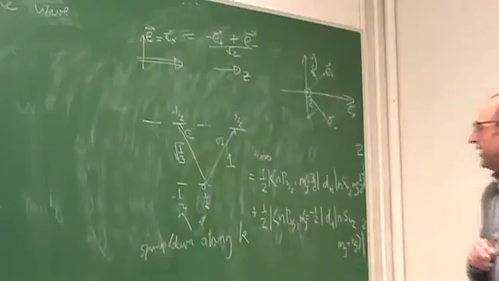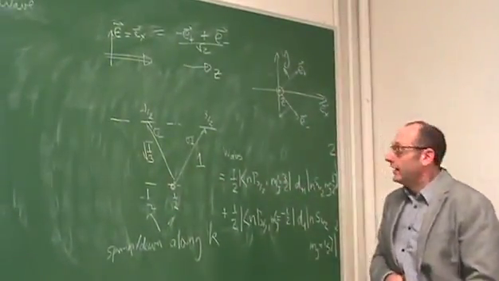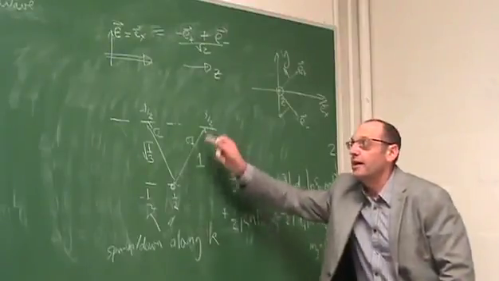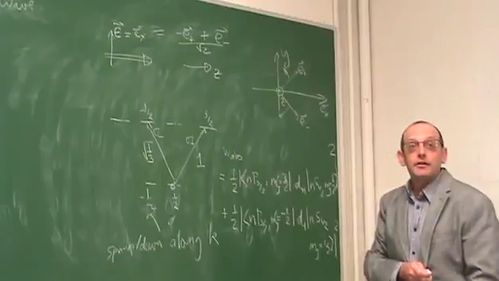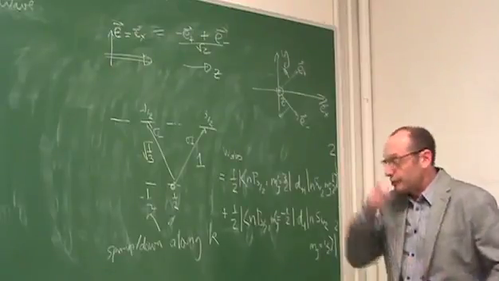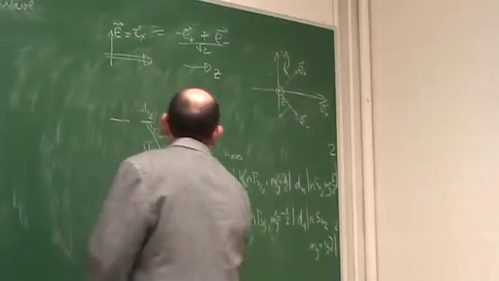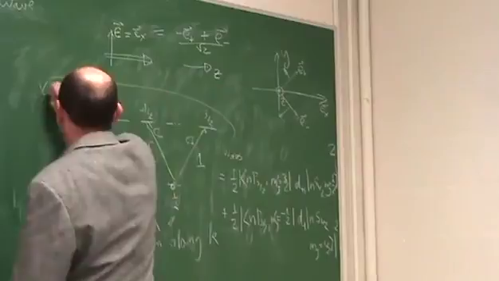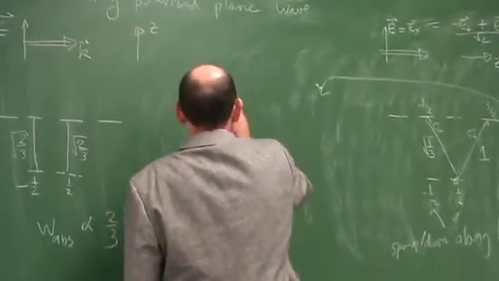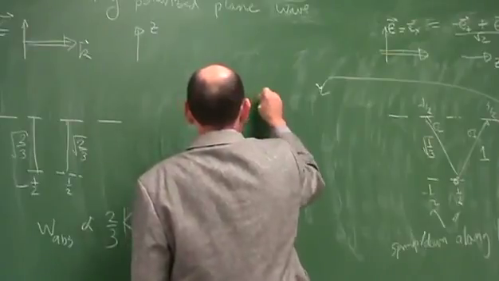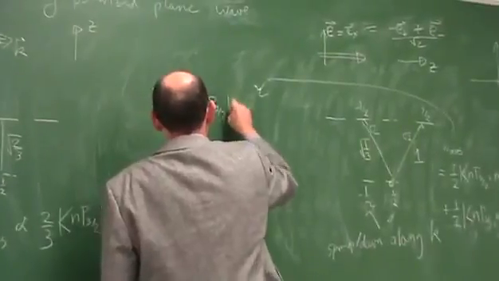So the absorption rate out of this initial state is the sum of the absorption rates associated with these two transitions. And what is that absorption rate? I'm sorry, I didn't manage my space very well here, but let me come back over here. In this case, this is equal to, well, I'm going to have the reduced matrix element factored out.